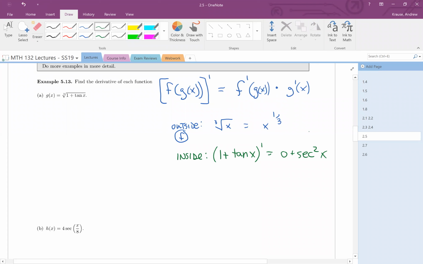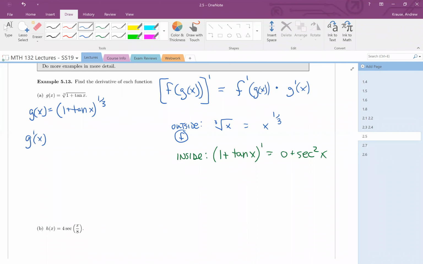So now let's combine these things to find our full derivative. I'm going to start, I'm just going to rewrite g of x. I'm not taking any derivatives now. I'm just rewriting this using the power function notation. So we want this to be to the 1/3 power because that's going to make our derivative a little bit more straightforward. Now when we go ahead and take the derivative,